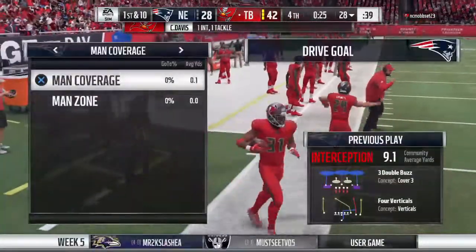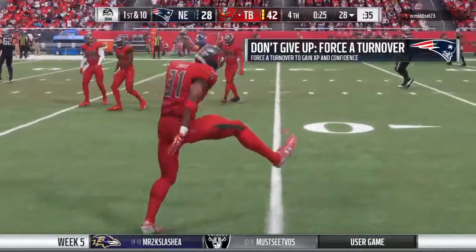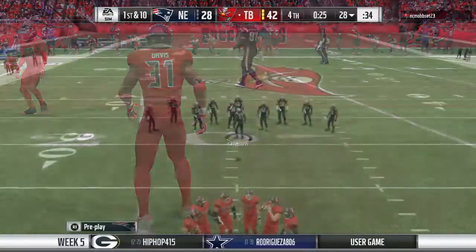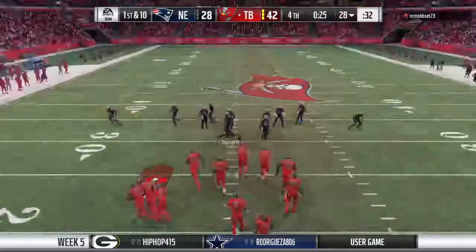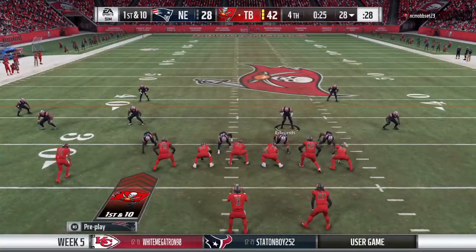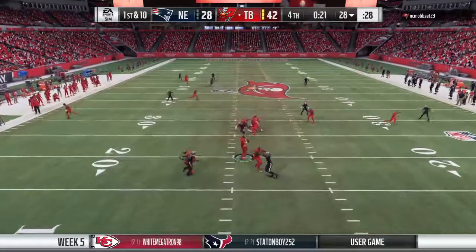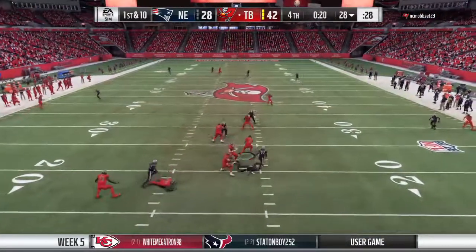Picked off at the 28. Charles, whatever's going on between his ears right now, it's just not completely calculated correctly. 7 picks between last week and this week after that one. And they always say the most important part of a player is those 6 inches between the ears. But right now, it's all those interceptions that are going on. So whoever his trusted confidant is on this...